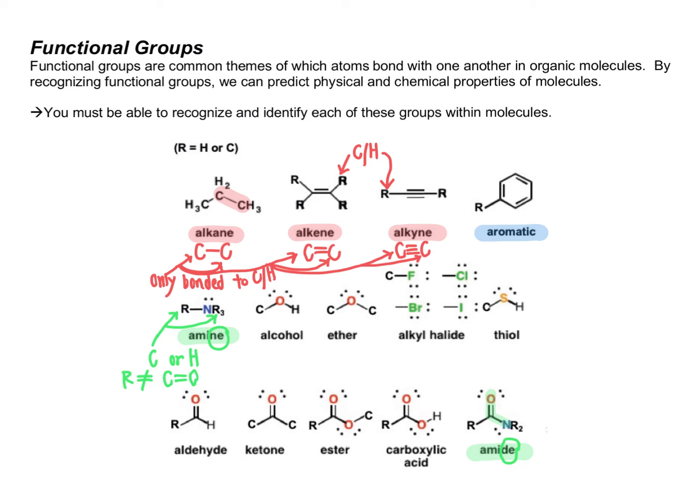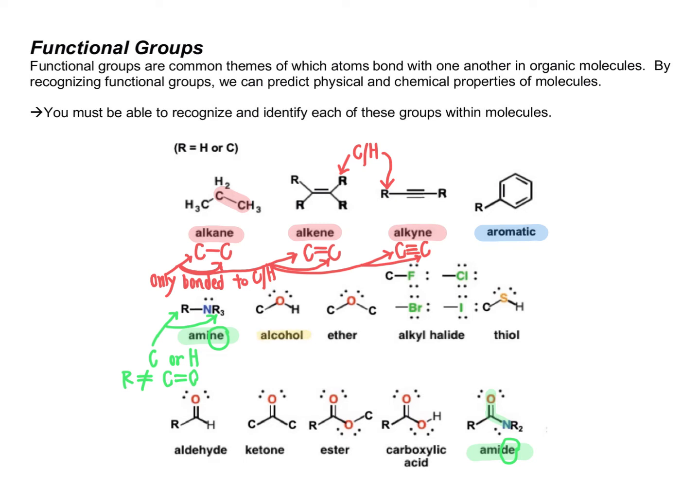And the distinction is important because these two groups react very, very differently. We will find that the amide group is present in all proteins, and that makes it very biologically relevant. And later on, we will learn about some of the reactions of amides that are biologically relevant. Carrying on with our functional group identification,